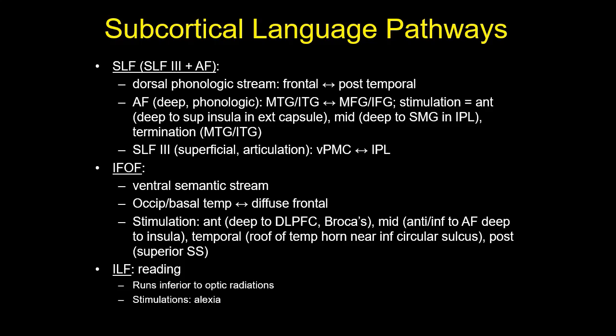Within this, the arcuate fasciculus is the deeper pathway and again contributes to phonological processing. This connects the middle and inferior temporal gyrus to the middle and inferior frontal gyri